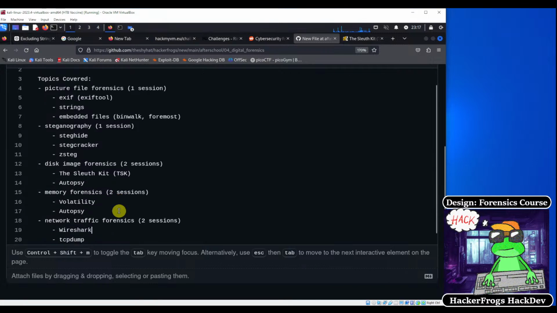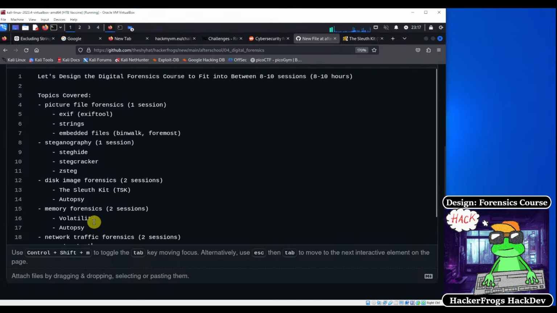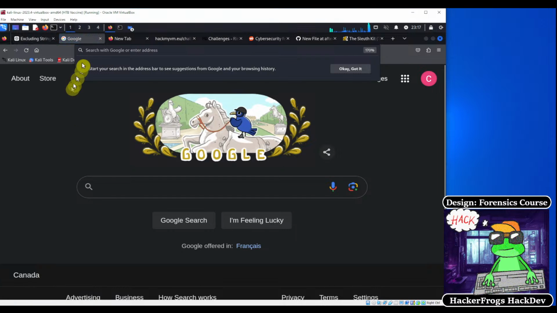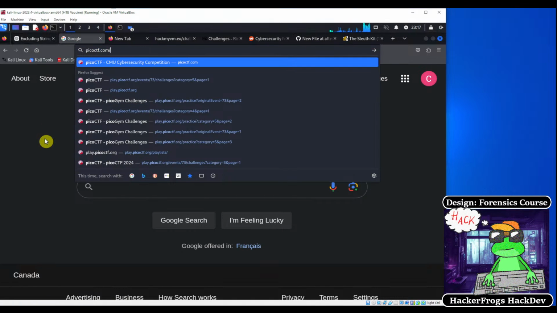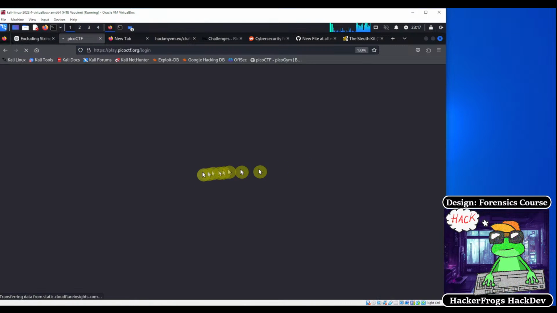So the question is whether or not there's something super obvious that I'm missing from this basic course on digital forensics. So let's take a look at Pico CTF really quick. Pico CTF is my gold standard for teaching CTF skills. Let's log in and take a look at the